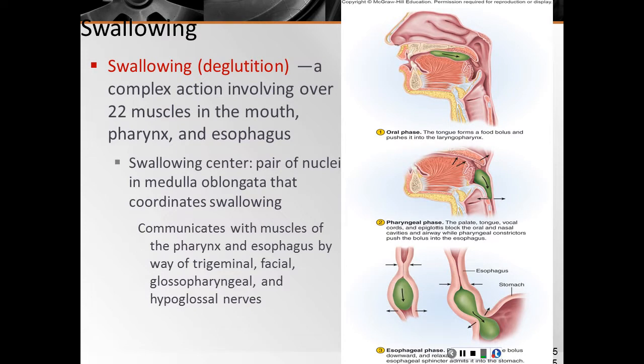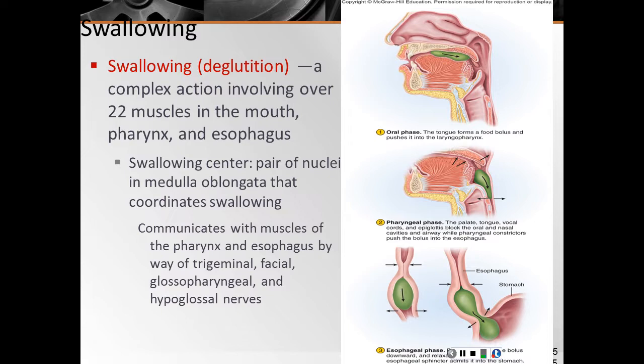Alright, so now we're in phase 2, our pharyngeal phase. This is an involuntary type of movement, and it has 3 actions that will prevent food and drink from re-entering the mouth or entering into the nasal cavity. The root of the tongue is going to block the oral cavity. The soft palate will raise and block the nasal pharynx. And then the infrahyoid muscles are going to pull the larynx up to meet the epiglottis,